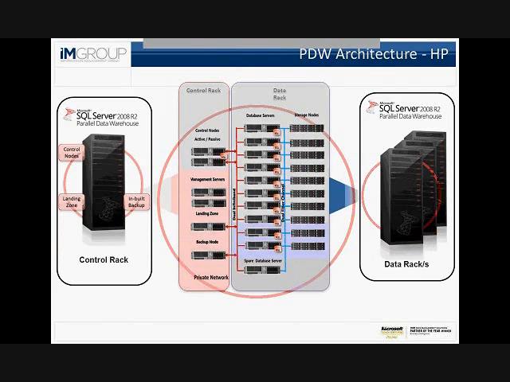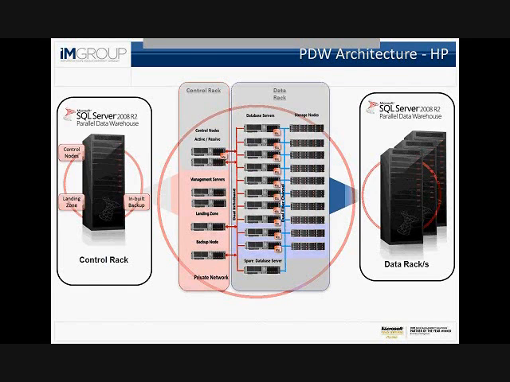Key features of that architecture are active passive failover on all control nodes, so redundancy in that area. Also redundancy in the data rack by having an n+1 failover, so you have n compute nodes in the data rack plus 1 as a failover should any one of those fail. And of course all the drives are mirrored, so everything in the system is fully redundant and pre-configured